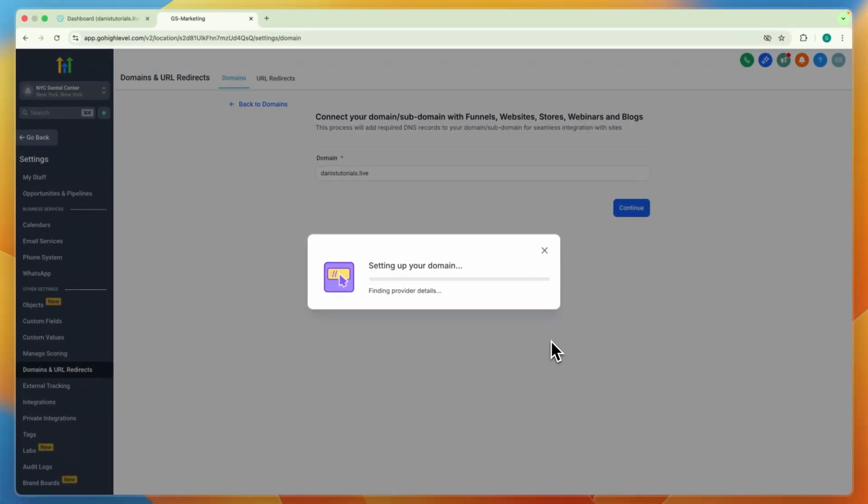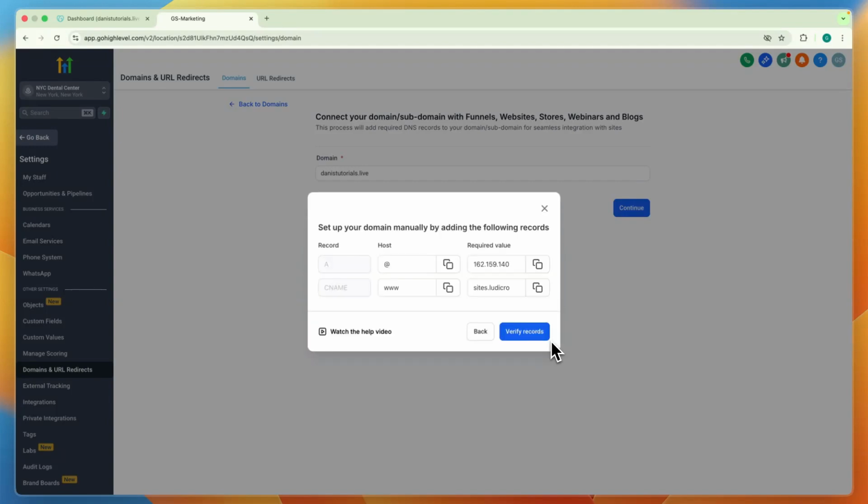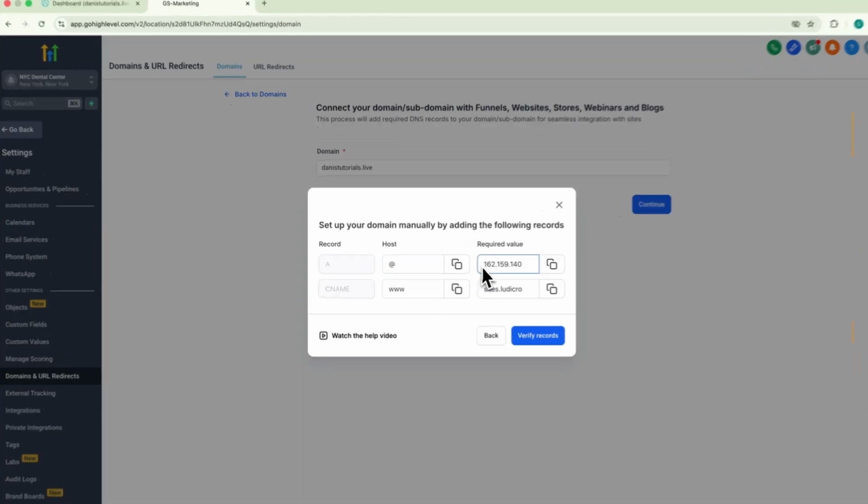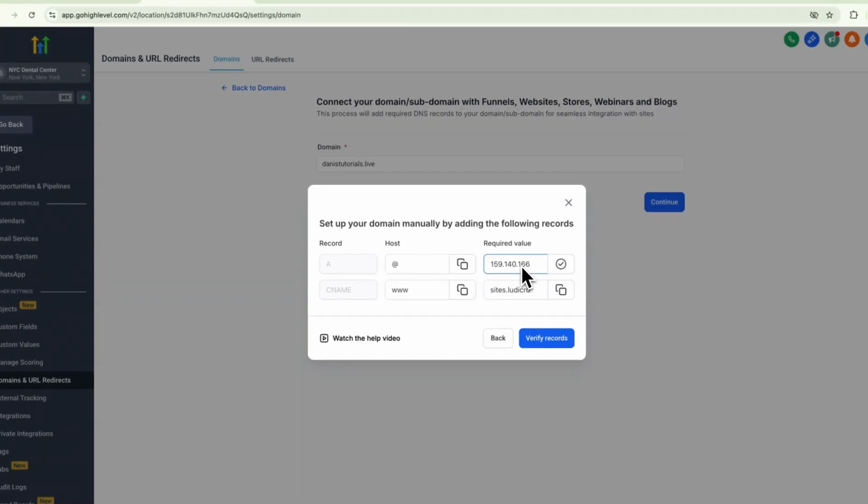Now we'll need to add some DNS records. That may look difficult if it's the first time you're doing it, but it's really not that difficult. So right here it gives us two records, an A record and a CNAME record. So first let's do the A record. The host is @ and the required value is this right here. So simply go and click on the copy button on the required value of your A record and open up